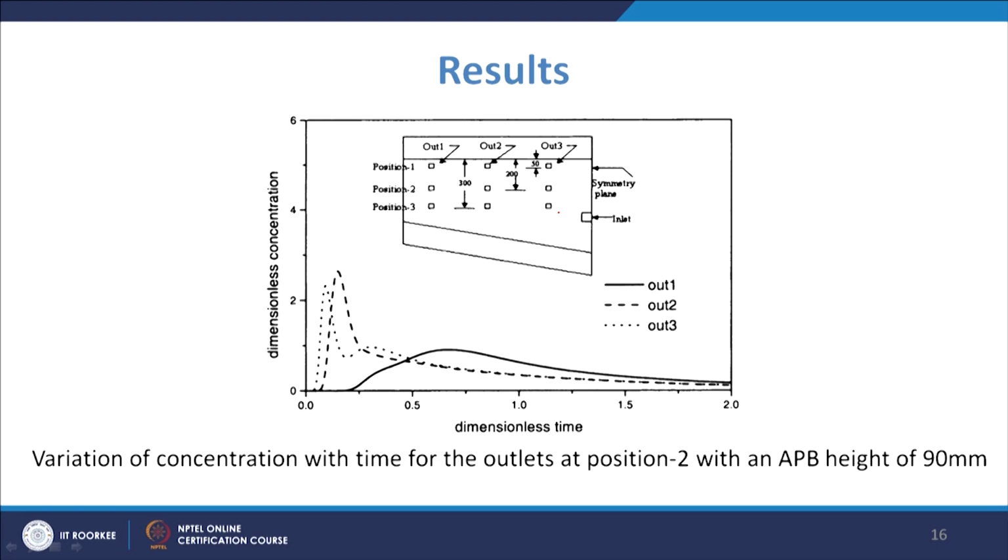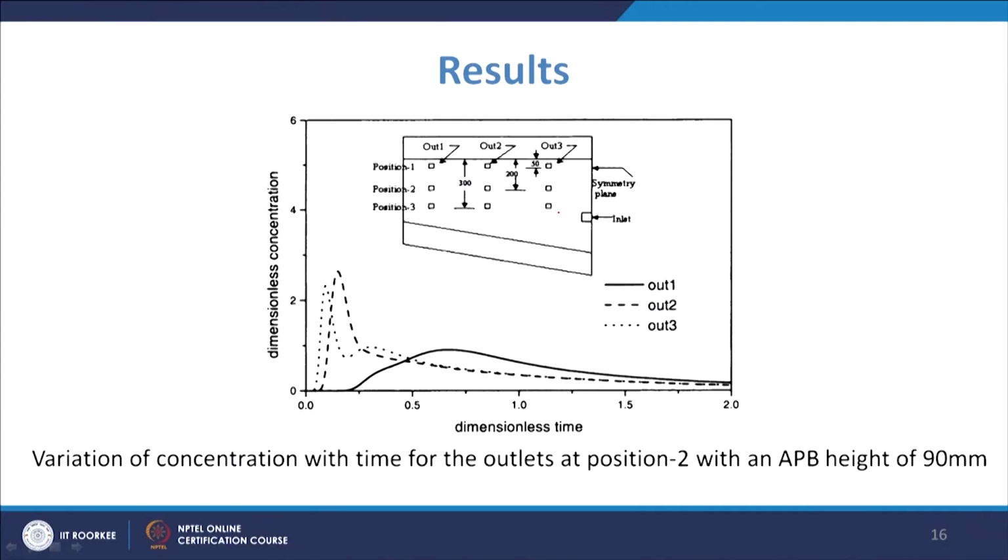So, to have better characteristics in terms of mixed to dead volume, by altering the flow behavior, as we had discussed in our last lecture, we use certain types of flow modifiers, and in this case we have used the advanced pouring box, as we had shown. And what is shown is that if you use an advanced pouring box of a height of 90 mm, in that case it was reported that